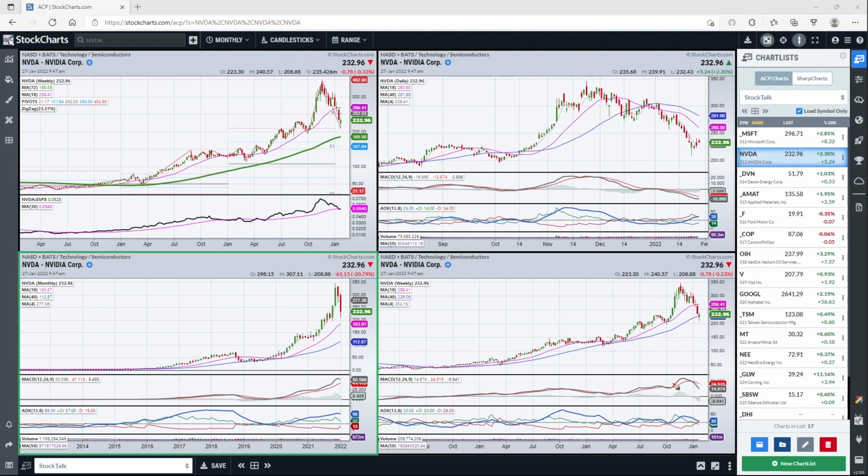Now, so we've got some mixed signals. ADX is still pretty strong on both the monthly and the weekly. But again, MACD is looking a little tired, and again, the relative strength is weakened. So I would say your best, the highest probability is this is going to end up forming a range. But we could see more weakness, and bigger support is closer to 200.